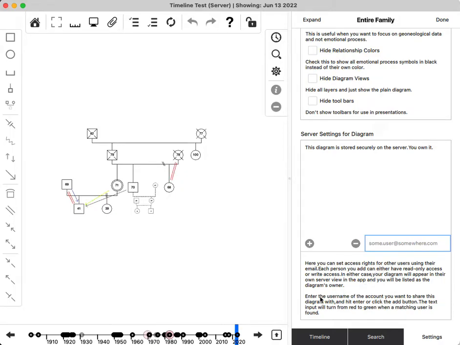So to do that, it says here, enter the username of the account you want to share this diagram with and hit enter or click the add button. The text input will turn from red to green when a matching user is found. So my current user that I'm logged in with here, that has this professional license that allows you to do this uploading, is